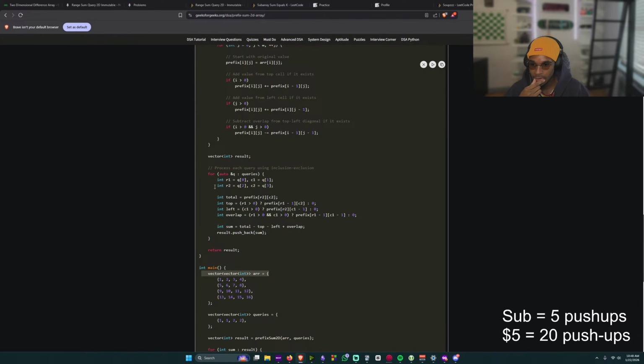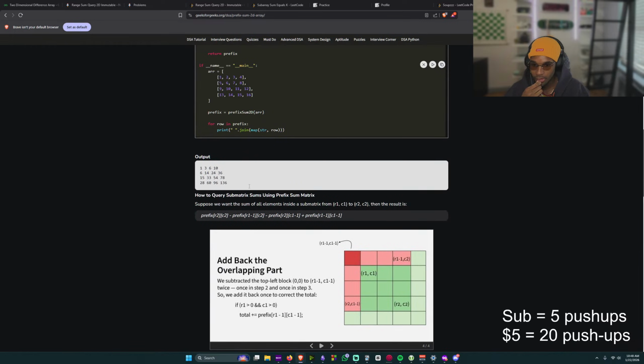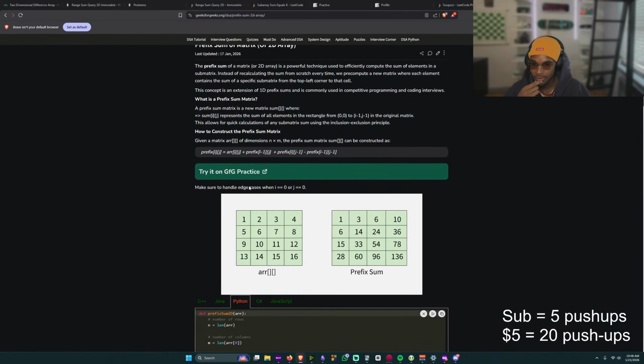Inclusion, exclusion. In a regular prefix sum, we have the padding, where the first one is 0. They don't have that here.